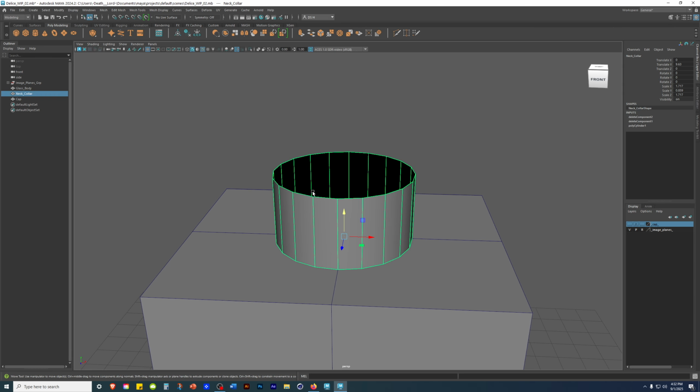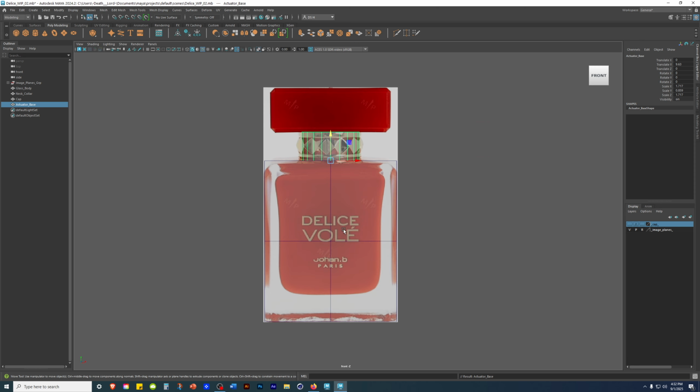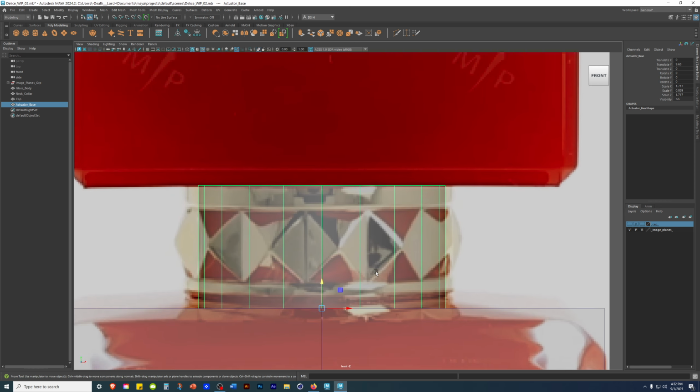I'm gonna grab this, and then I'm gonna make a copy of this. I'm gonna press Control D as in David. I'm gonna name this actuator base. Spacebar. I'm gonna, with it selected, hold V as in Victor,